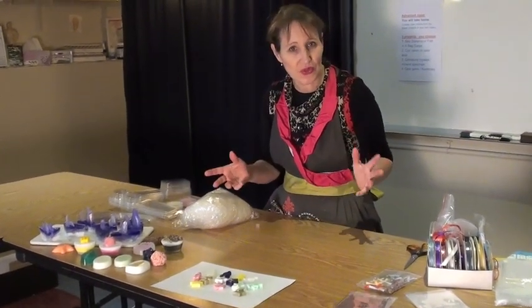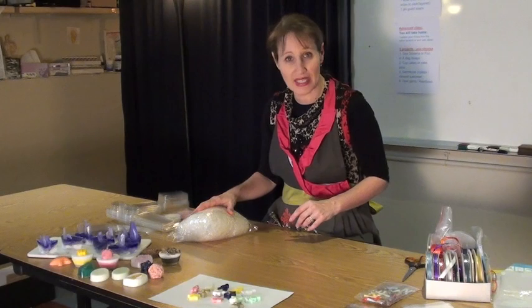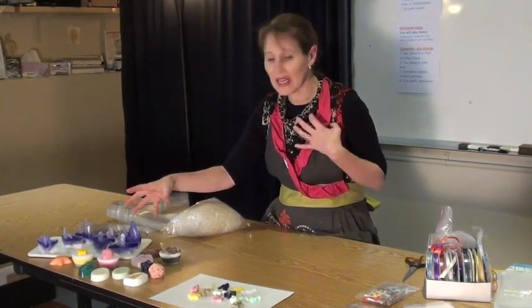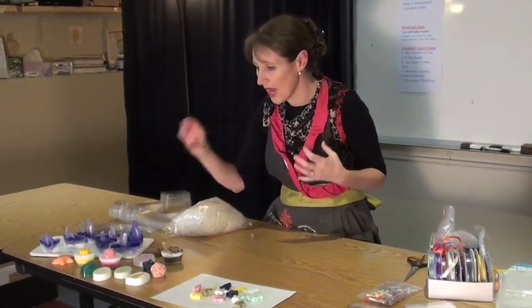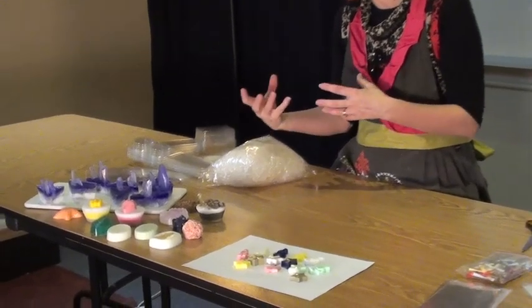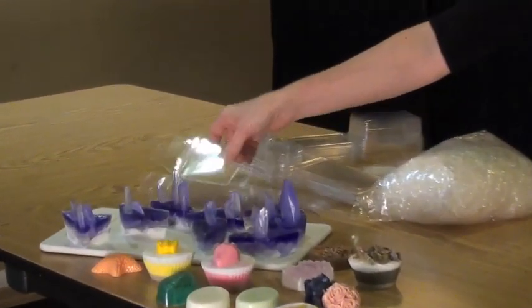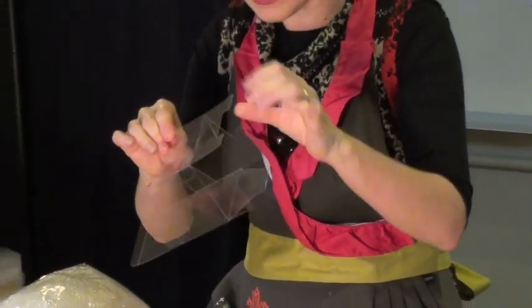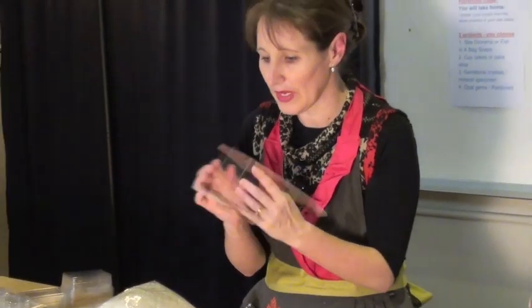So I've got a few alternatives that I'd like to show you to share some ideas with you. Let's begin with our Amethyst Clusters. Now they're a really interesting soap because they're quite high, so they're not going to fit in a cellophane bag very easily. They're not going to fit in a nice little flat box. So we've got these lovely little square, flat packed acetate boxes. So you can fold these up, fold the bases in,